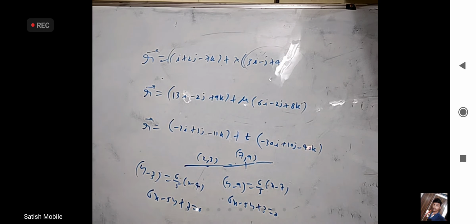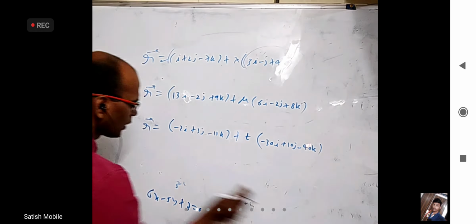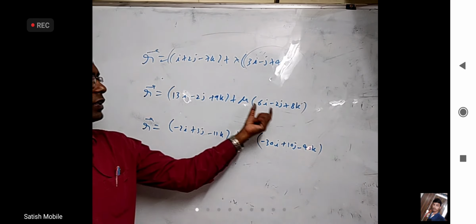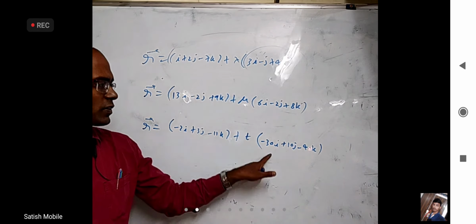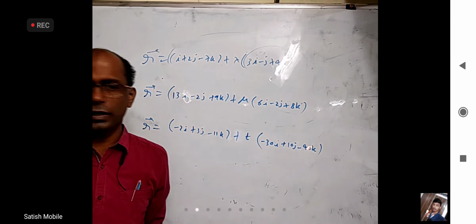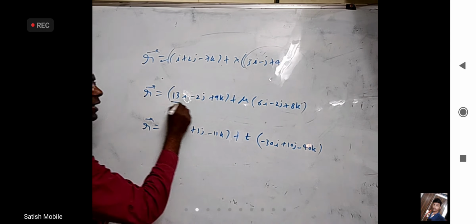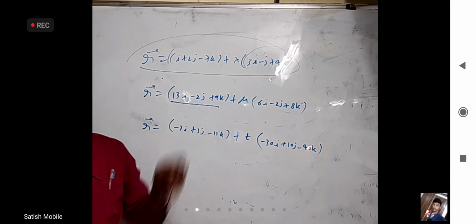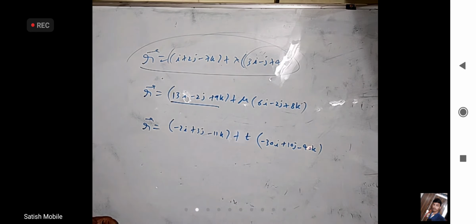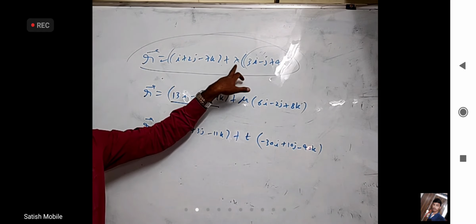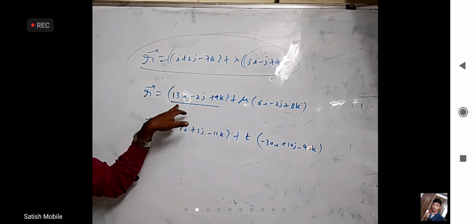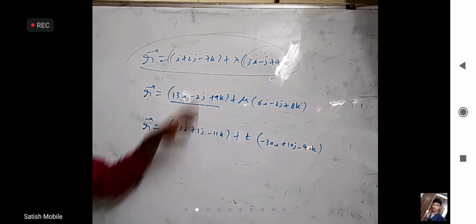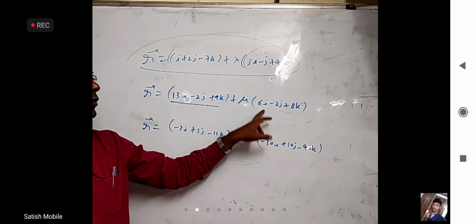lines. Okay. But one may say here, how will you distinguish whether they are parallel or same lines? Parallel everybody can see. Because if this vector is parallel to this, these two are parallel. If this vector is parallel to this or parallel to this, these two are parallel. Okay. Actually, where did I write this, I took some other point on this line and substituted here. I took lambda equal to 4. When lambda is 4, what happens? 4 3s are 12 plus 1, 13, and minus 4 plus 2, minus 2, 16 plus 1, 7, 16 minus 7, 9, right? And I took this and multiplied with 2.